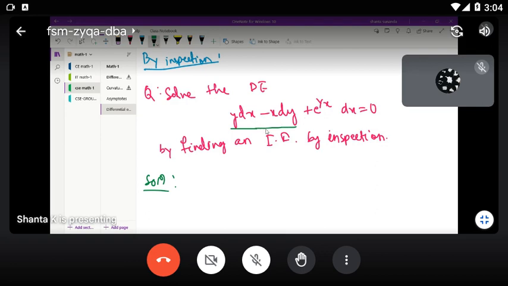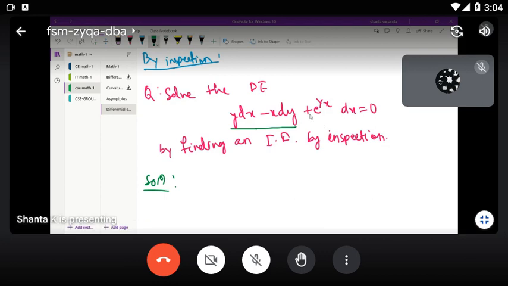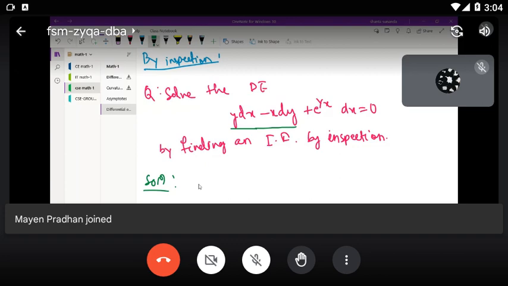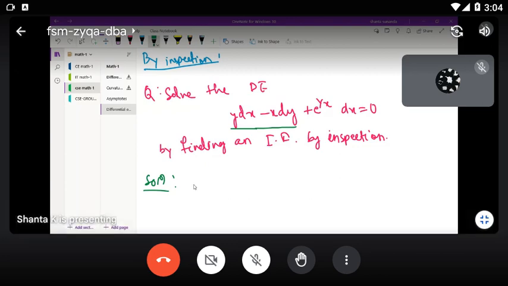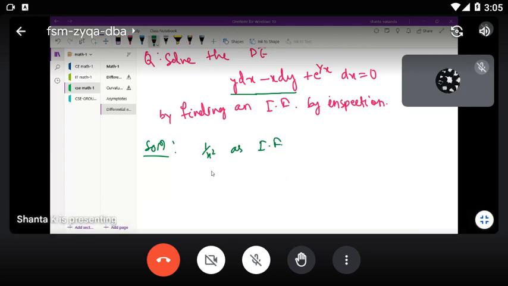And if you divide it by x square, and you see e power 1 by x, if you write, then we can also see this as the derivative of 1 by e power 1 by x. So here 1 by x square you can consider by looking at this one. Okay. So we can try 1 by x square as integrating factor. Okay, we have very few, like 4 theorems given to you. Only those are there. Otherwise, most of the time you can look at the equation and you can find. So if you multiply the first term, you see y dx minus x dy divided by x square